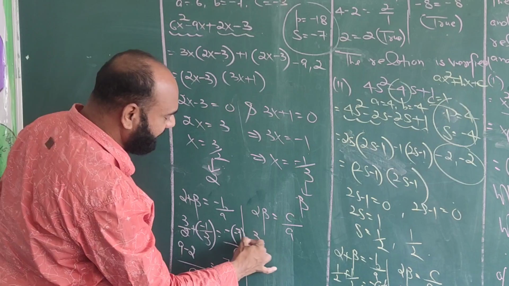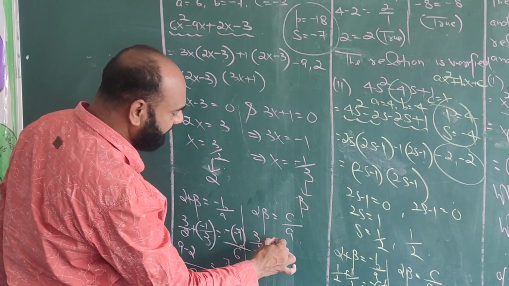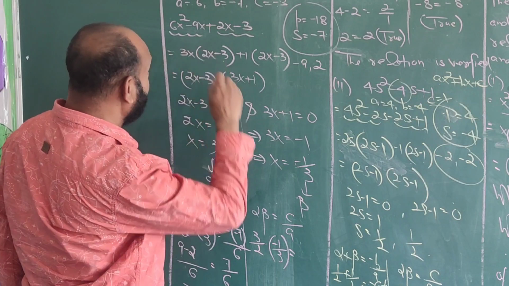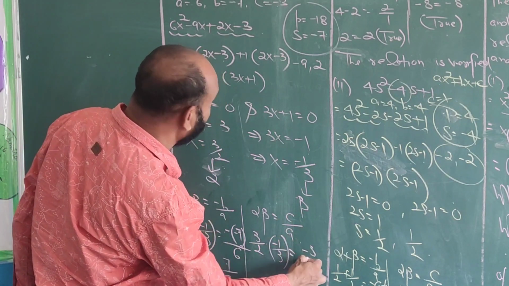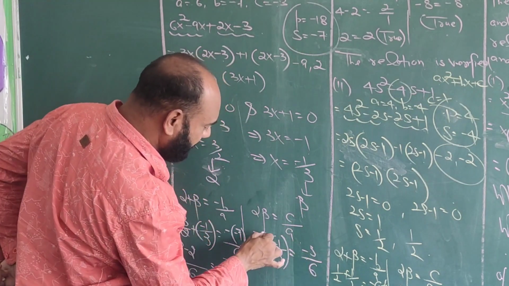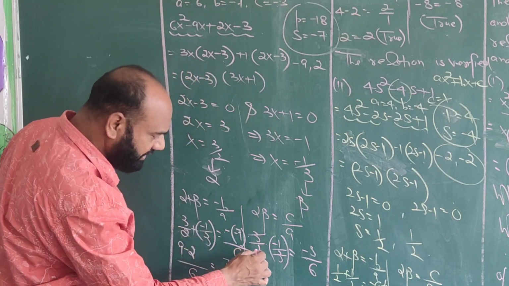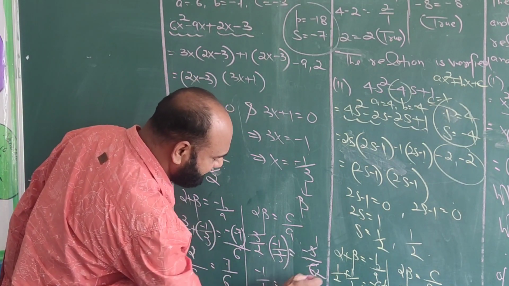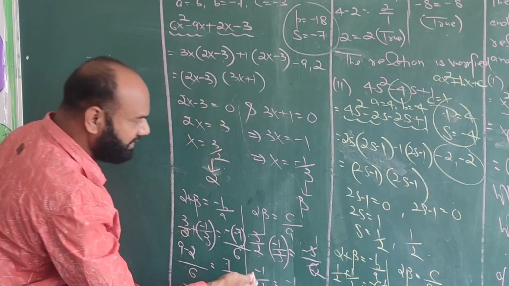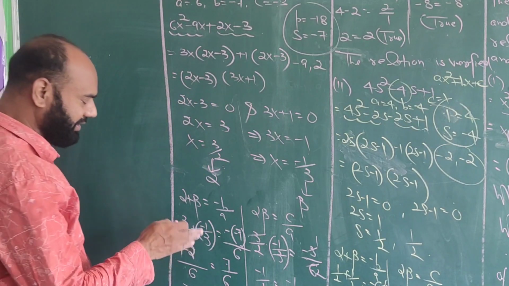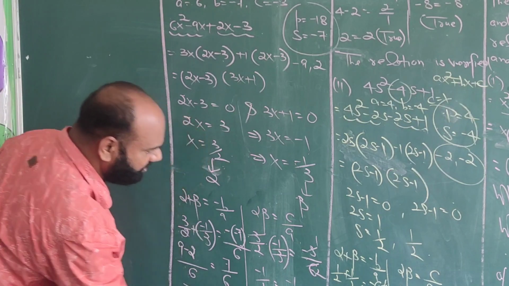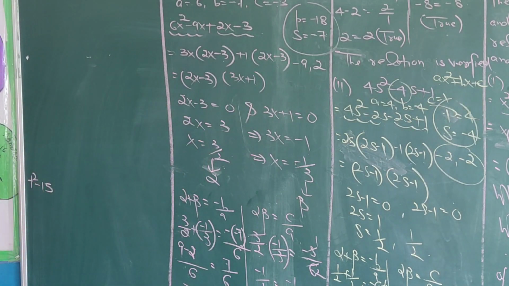The value of alpha is 3 by 2, multiplied by the value of beta, minus 1 by 3, and the value of c is minus 3, and the value of a is 6. So we get 3 and 3 cut out, and this is minus 1 by 2, and 3 times 2 is 6, this is also minus 1 by 2. So LHS equals RHS in the second condition, which is also true. So we can say that the relation is verified.